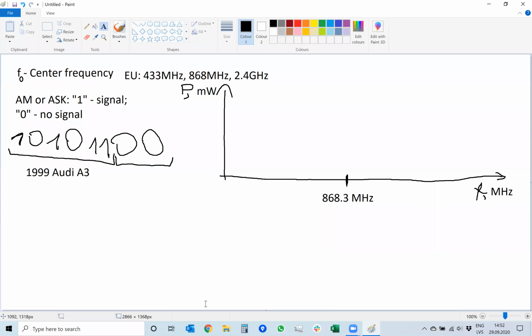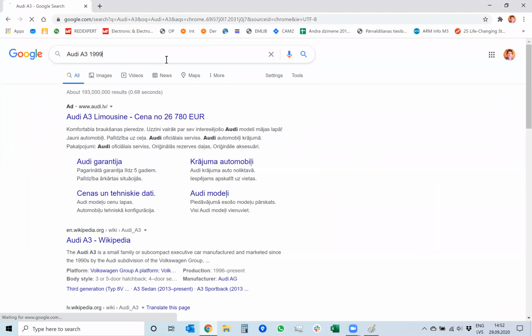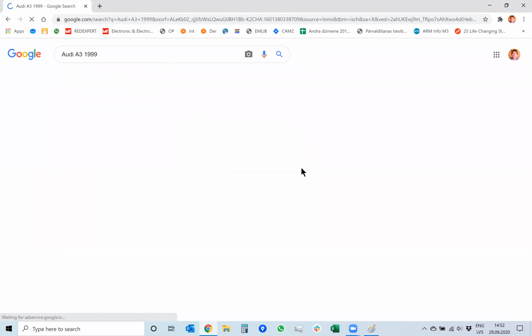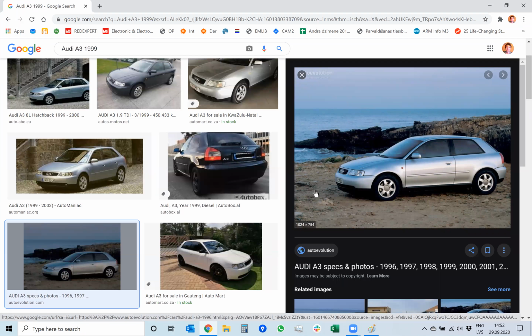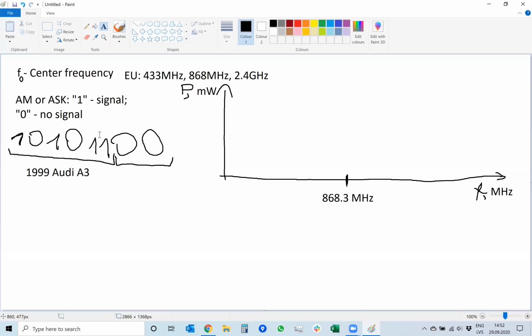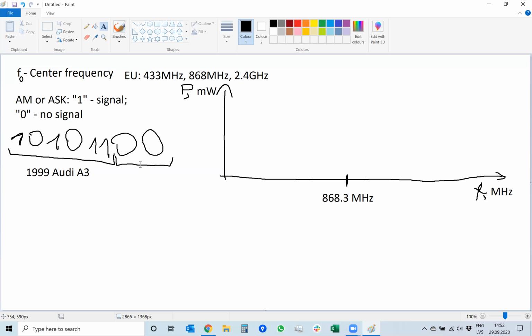So if we go on the internet, 1999, I think it was this. So you actually see a lot of such cars on the street, and it seems in some sense crazy that these cars use a very simple unlocking mechanism where they just send a constant one signal, no signal stream to lock and unlock the car. So somebody can record this ones and zeros and play them back once more with a very simple, very cheap modulator and unlock your car.